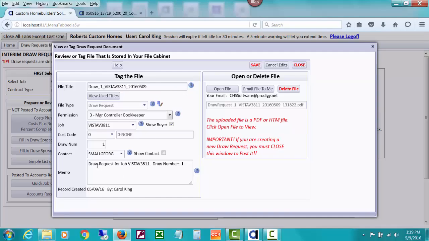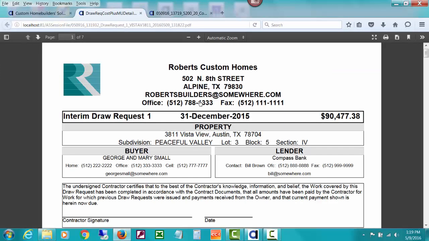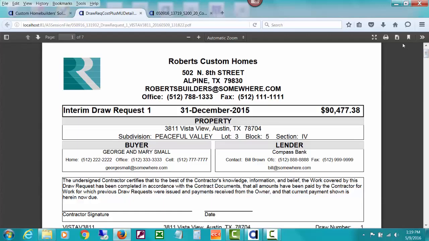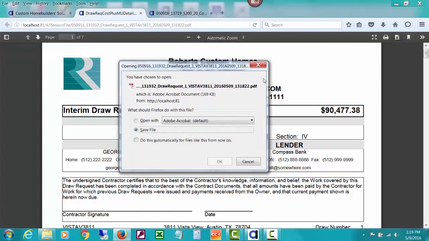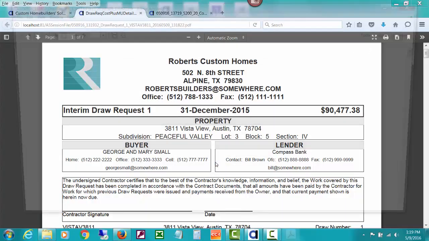You can type a little note about it if you like, whatever you like. But you can open the file right here to look at your draw request. Bear in mind it will be stored in the file cabinet, but quite often you might want to go ahead and download this to your own computer. This is the little PDF thing that my software supplies. So you download that with that little button over there, and I'm opening it with my own Adobe Acrobat Reader,